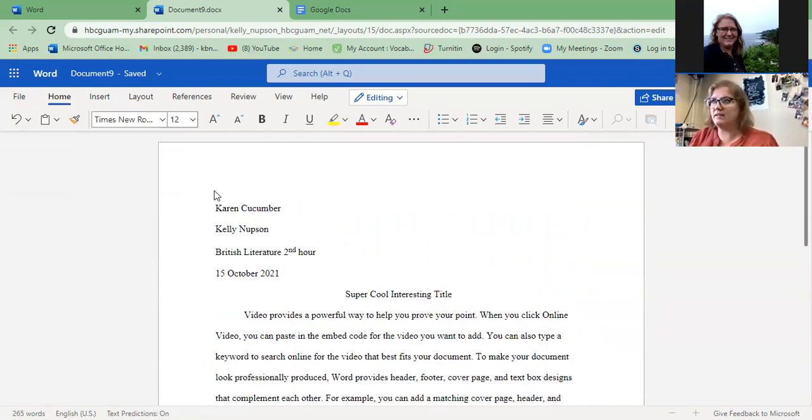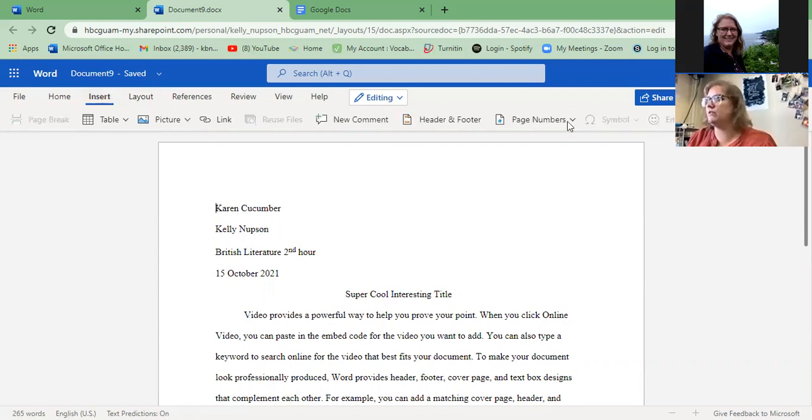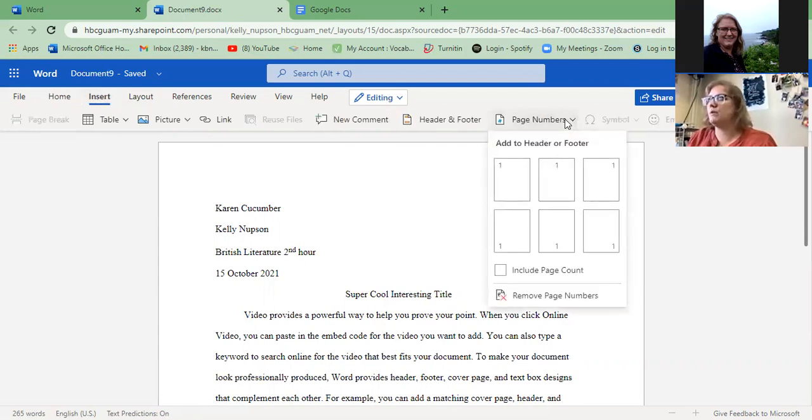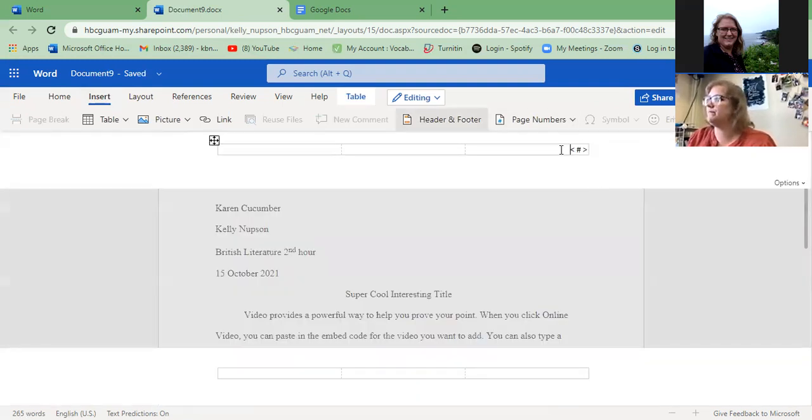The last thing we need to add is the header. The header is going to be up at the top of the page. So I'm going to click Insert, and then Insert Page Number. You want the one on the top right-hand side of the page. And you'll notice it'll pull up something like this. You want to add your last name. So if my last name is Cucumber, this is where I put my last name, and one space